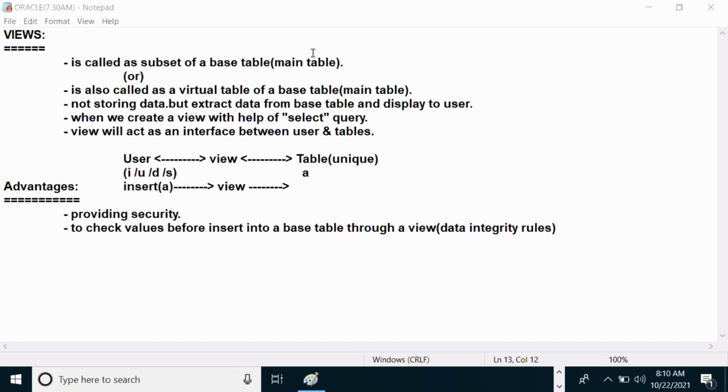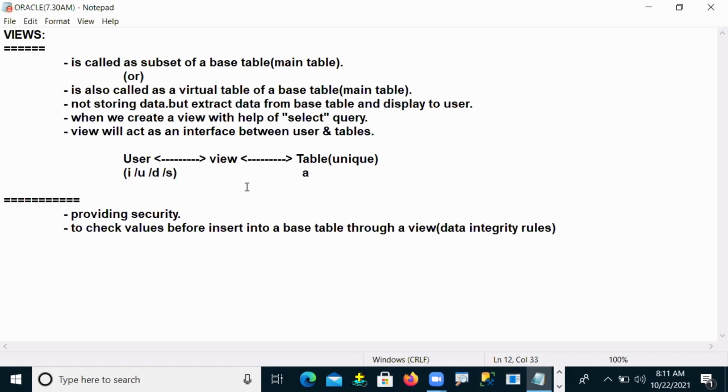So this kind of data verification we can do with the help of a view. A view not only sends and receives data; if any integrity rules are on your table, the view also checks those rules and sends that information to the user. Suppose I insert A through the view on my table, immediately it shows an error, because your table has a unique constraint.